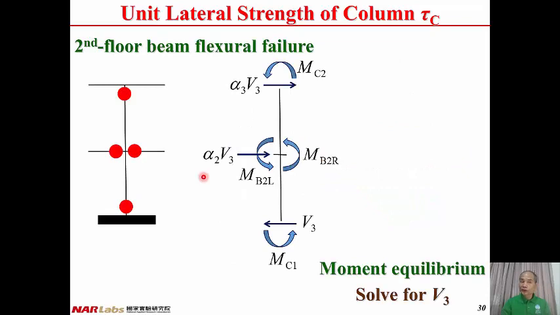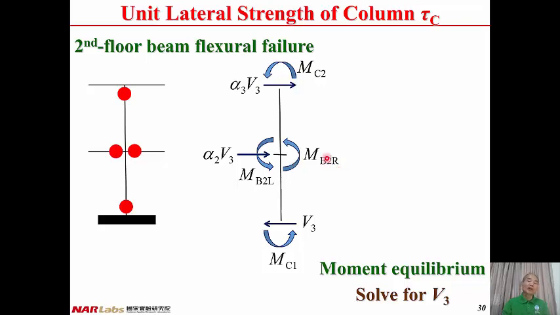And we move to the third failure mode. And from this failure mode, we can draw the free body diagram. MB2L is the flexural strength of the beam on the second floor, that's the left-hand side, and the right-hand side is MB2R. B stands for beam, 2 stands for the second floor, and R stands for the right-hand side,